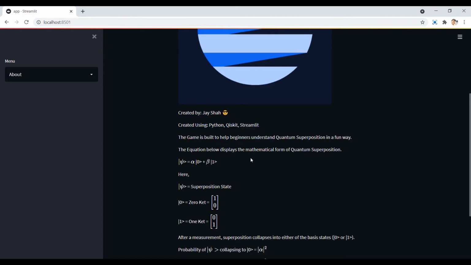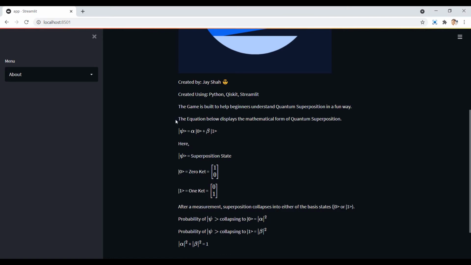Now, there's a little brief mathematics about the quantum superposition. So a little mathematical notations and everything. The important part here that I want you to focus on is this psi, the Greek letter psi, which